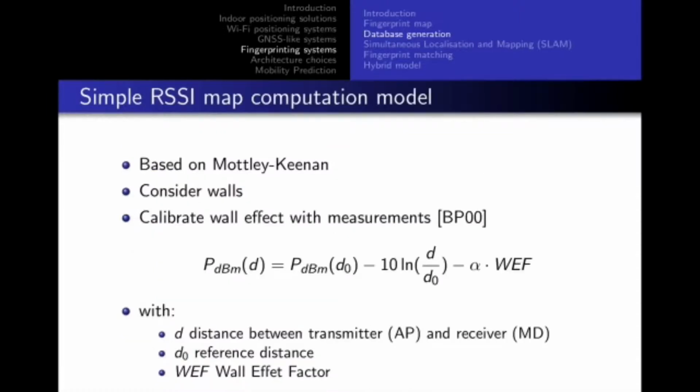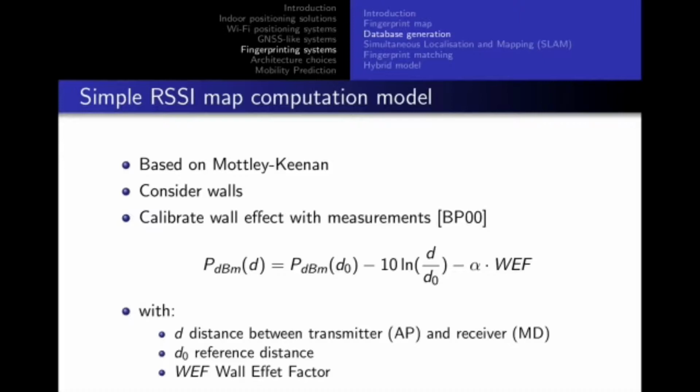So there are several models to simulate wave propagation. Usually they are based on Motley-Keenan, which considers walls and calibrates the wall effect with measurements.